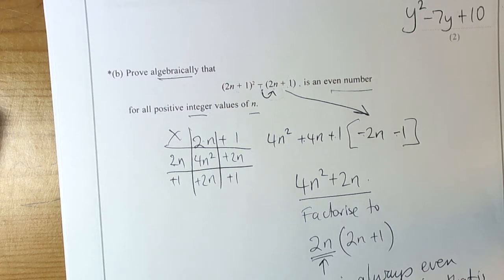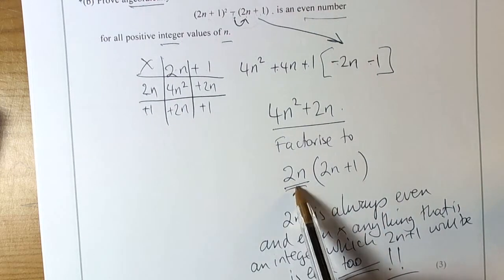So therefore it's proved that we've ended up with 2n times this,